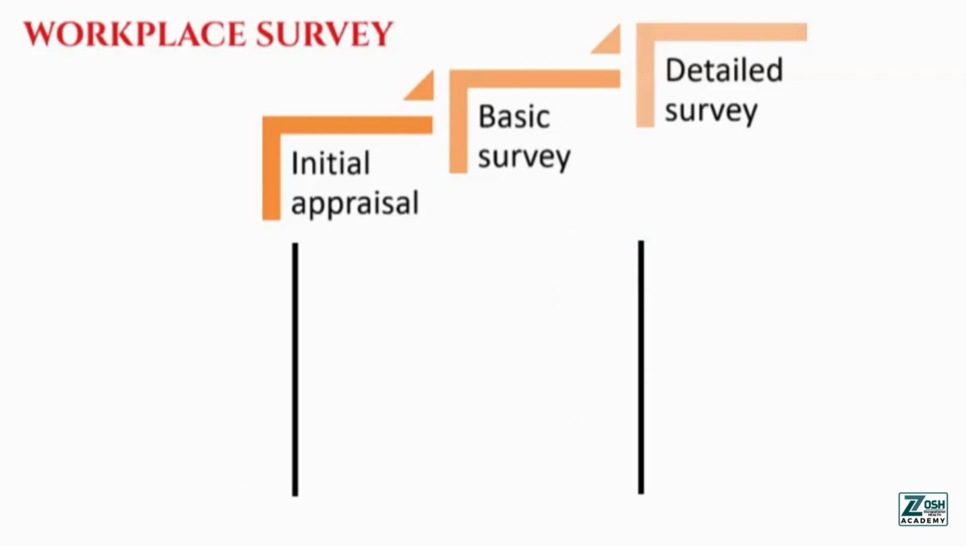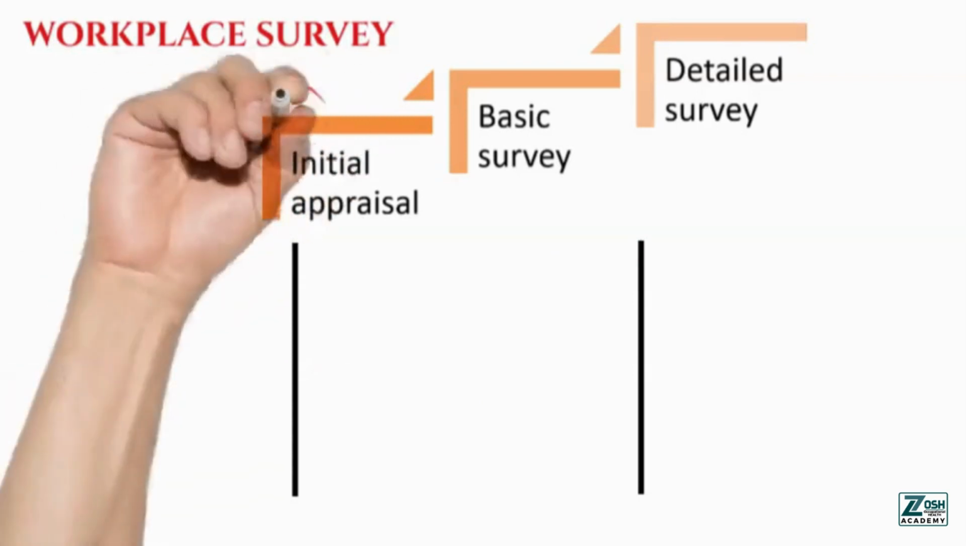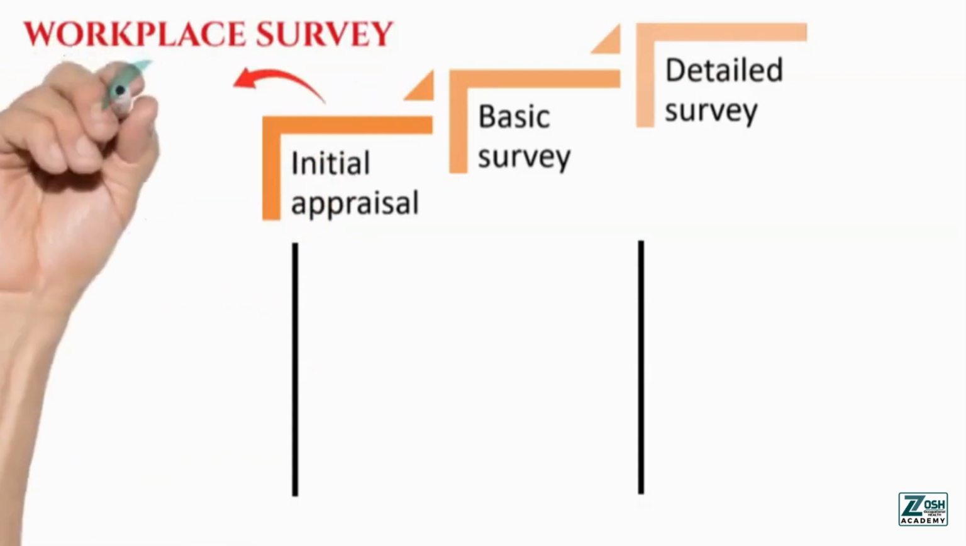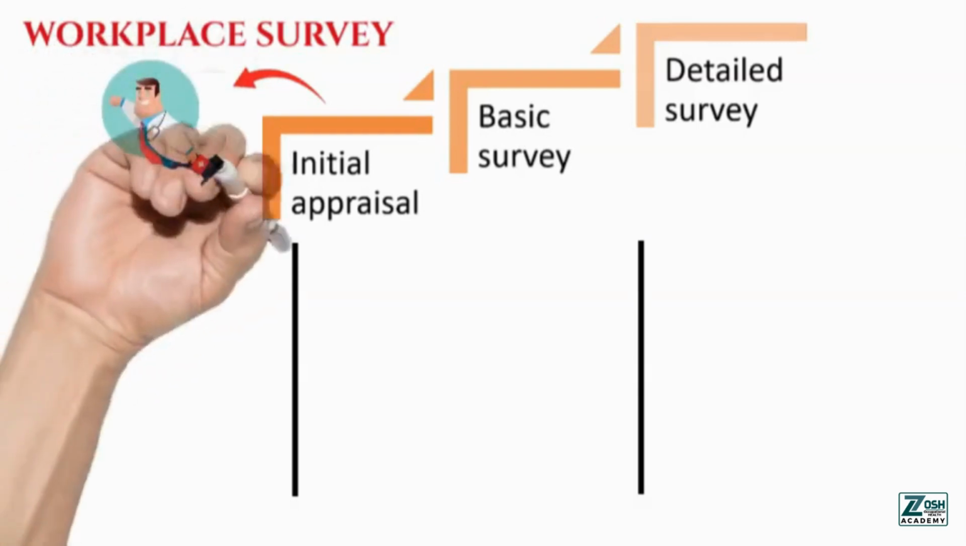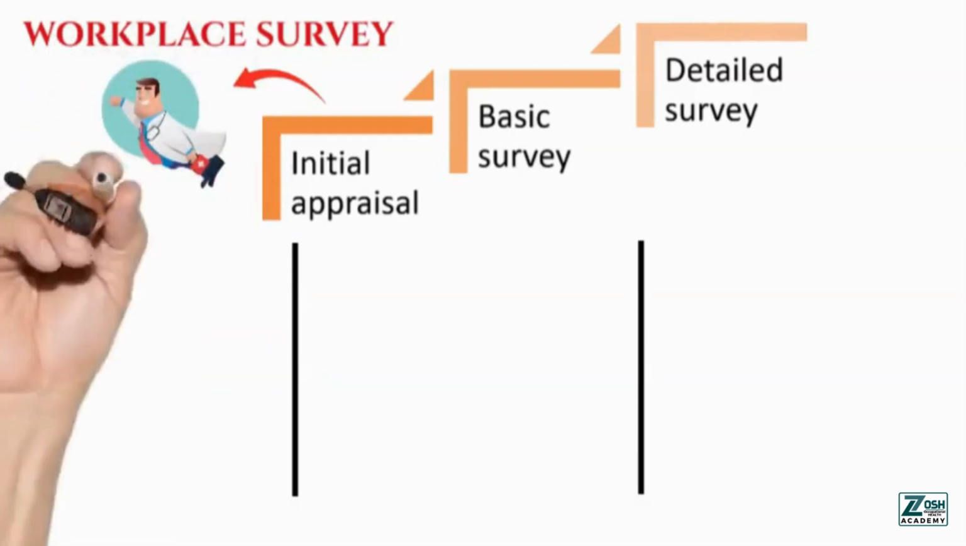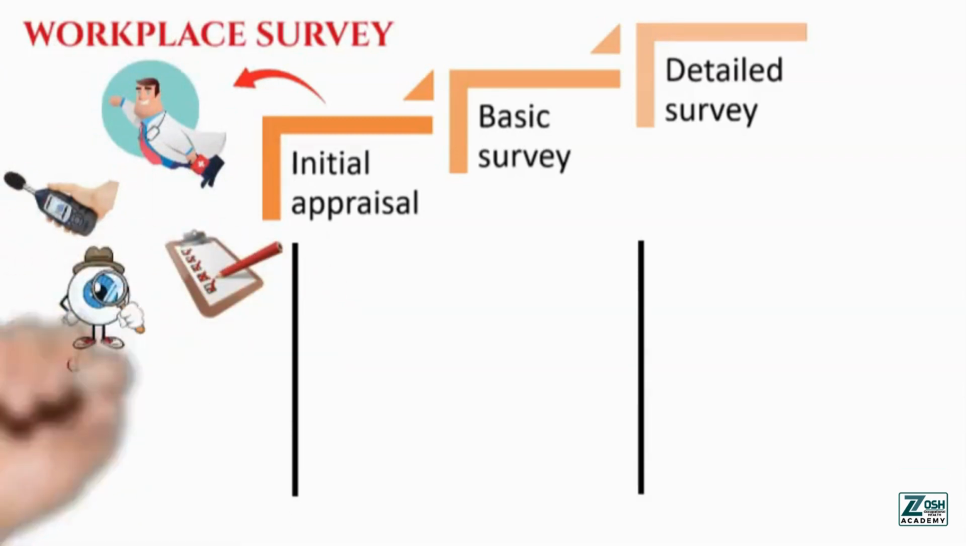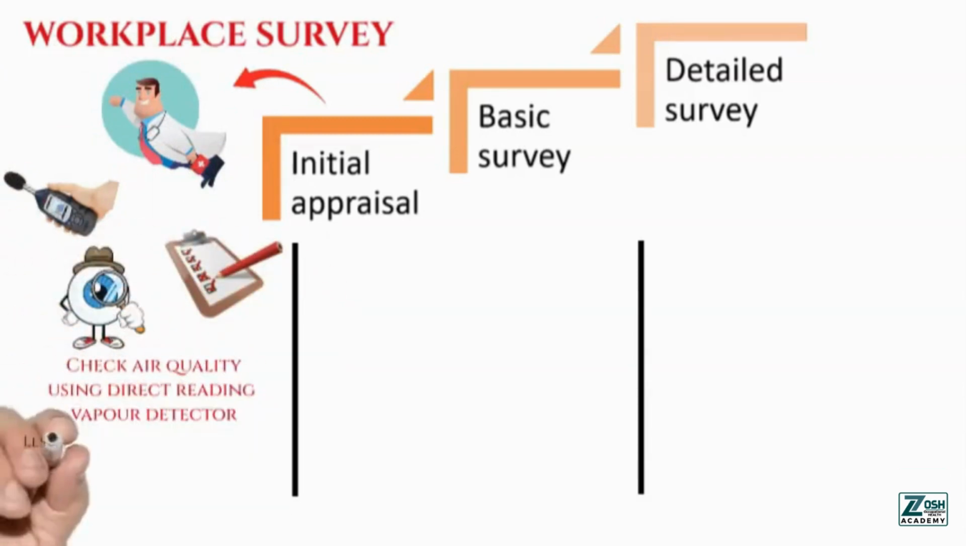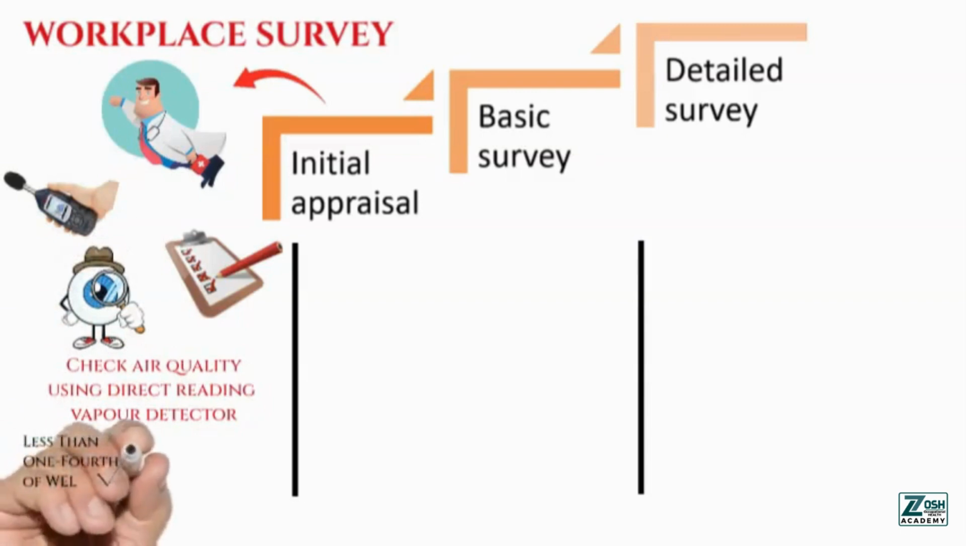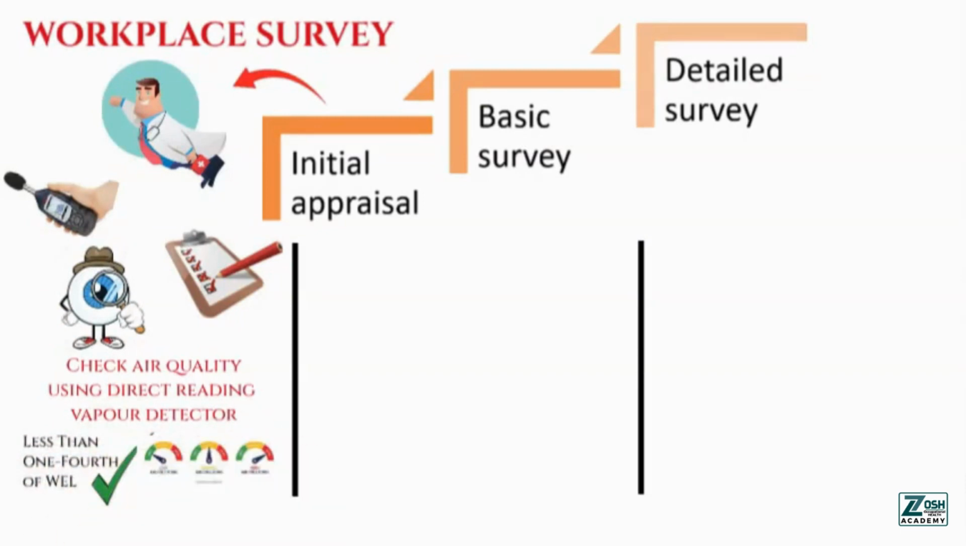The first step here would be to arrange an initial workplace visit called initial appraisal. You will take your handheld devices and start a walk-through survey. You will focus on a visual screening for hazards and check air quality using a direct reading vapor detector. If the peak levels are found low, no further action is needed. On the other hand, if the peak levels are noted as high, you will have to arrange a basic survey